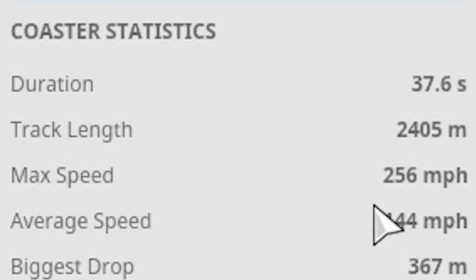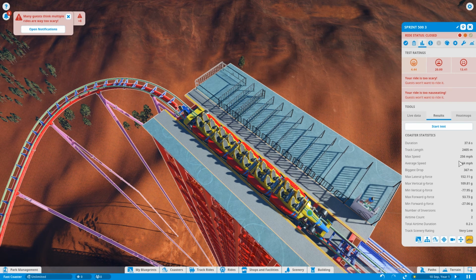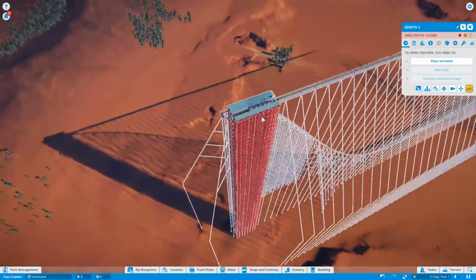256 miles an hour. We beat the other one by 1 whole mile an hour. That means this thing is 2 miles an hour faster than a Bugatti Veyron at the fastest ever recorded speed as a world record. Now, naturally, I found out, I think, that the Spirit